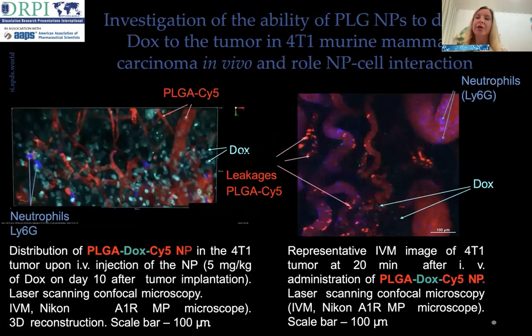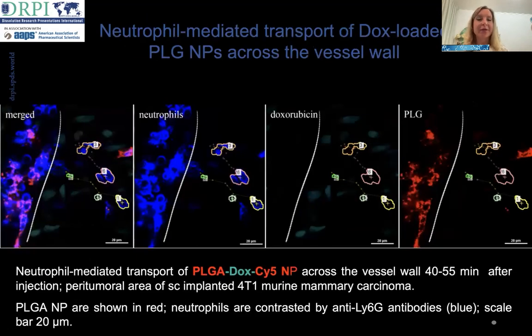The visualization of nanoparticle interaction with immune cells was performed after the injection of fluorescently labeled antibodies to stain immune cells such as monocytes and neutrophils. On the left 3D reconstruction, doxorubicin accumulation in the cell nuclei is well distinguished. You can see neutrophils on both images inside the blood vessels, and the areas of nanoparticle extravasation, the areas of macro and micro leakage formations for PLG nanoparticles. Approximately 15 minutes after the injection,